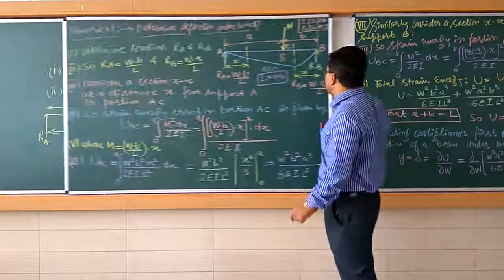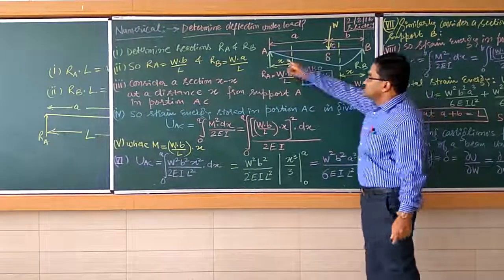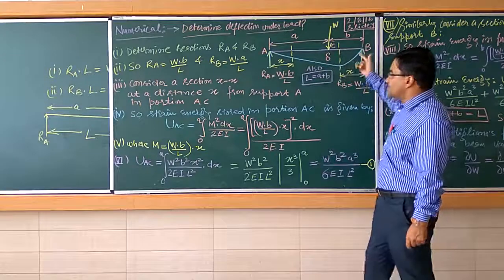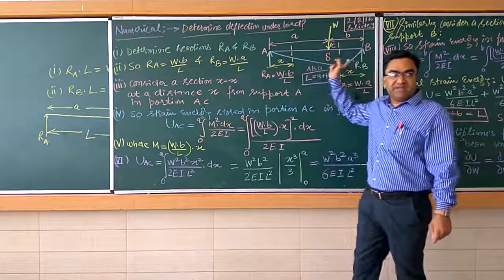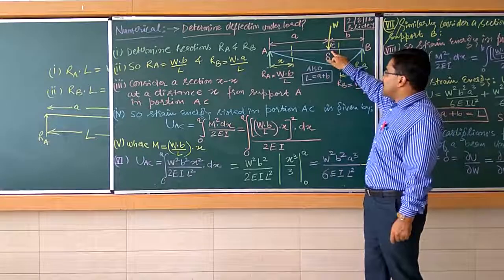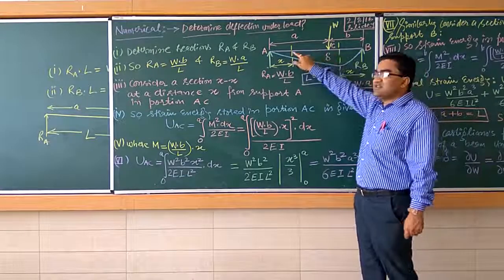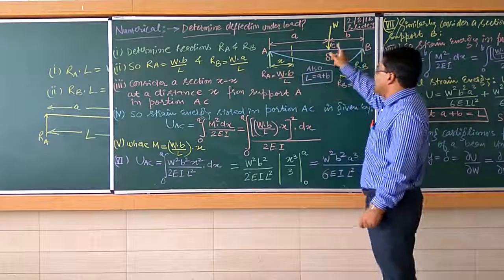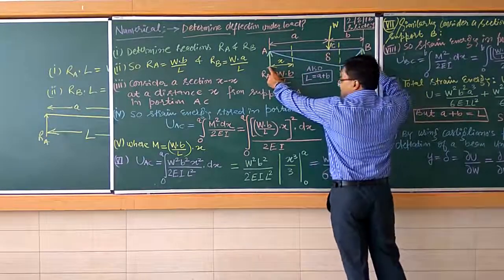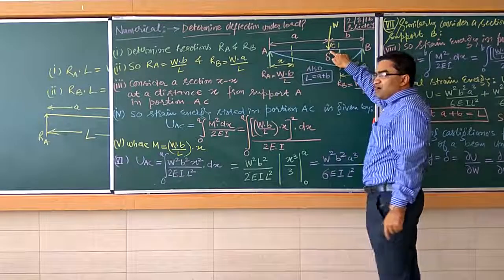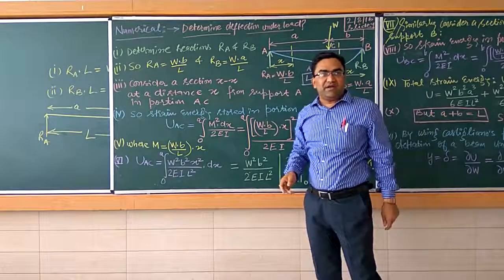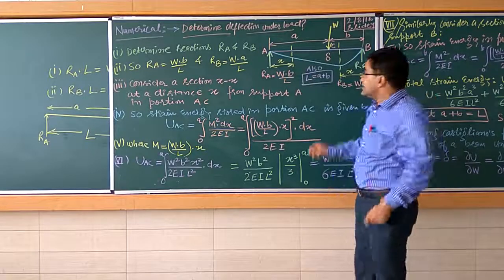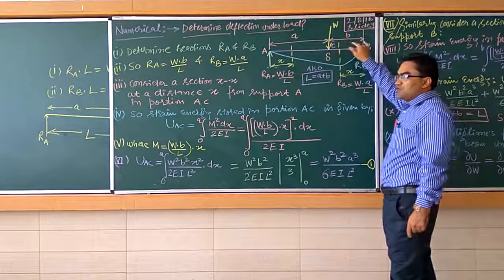We have a beam. You can see it very well in the figure. This is a beam AB, which is a simply supported beam. Two supports are there, at A support 1 and at B support 2. And the load has been applied anywhere in between A and B. The length of this complete beam is capital L, from A to B. And the point where the load is applied is at a distance of small a from the support A, and small b from the support B.